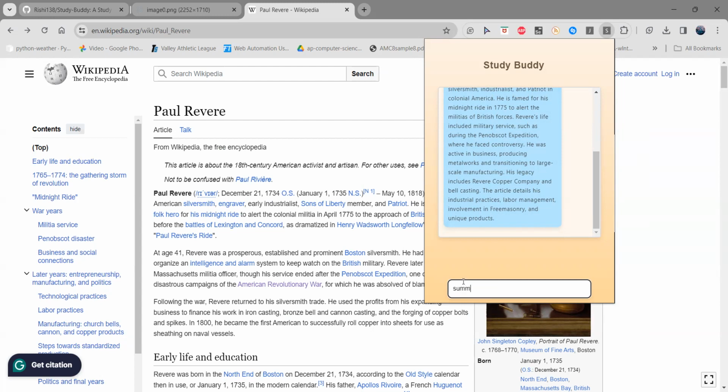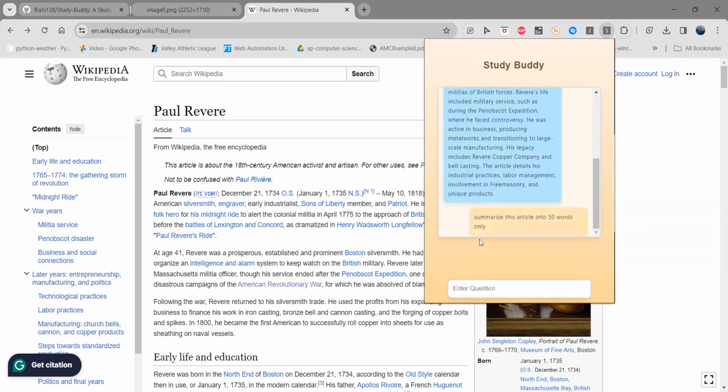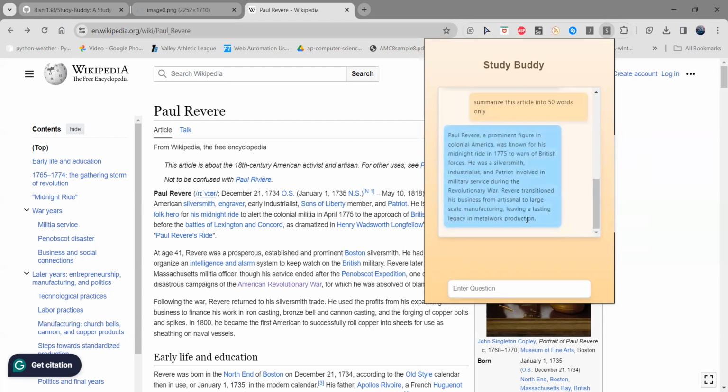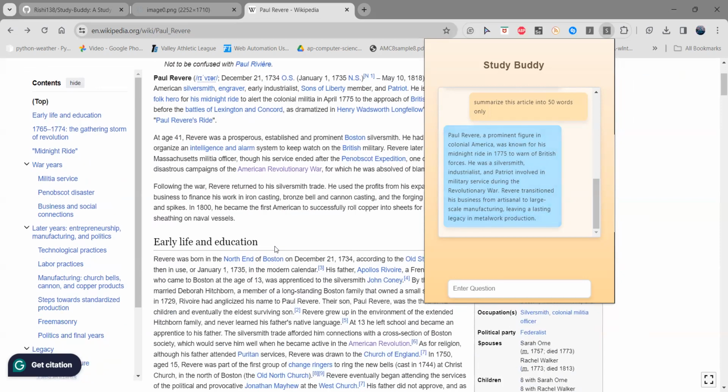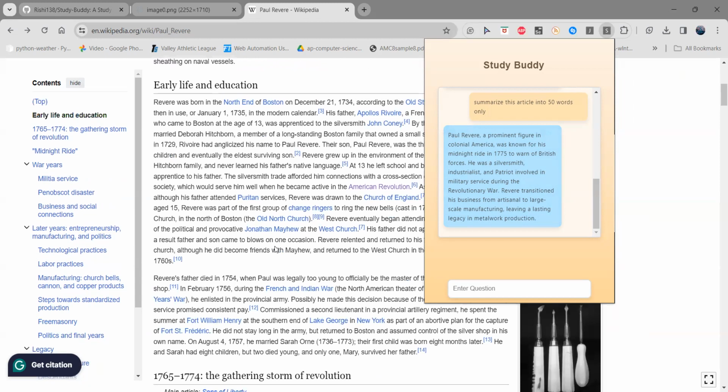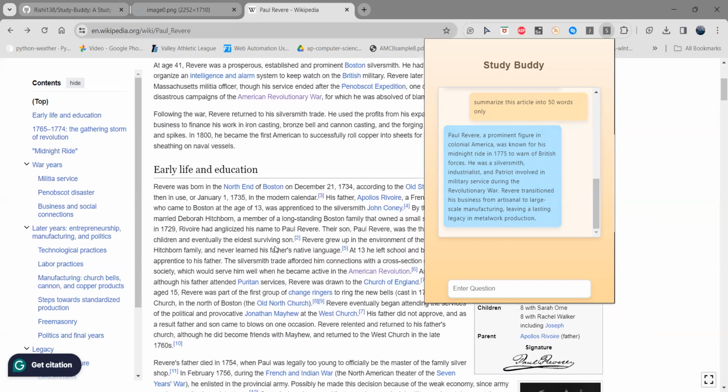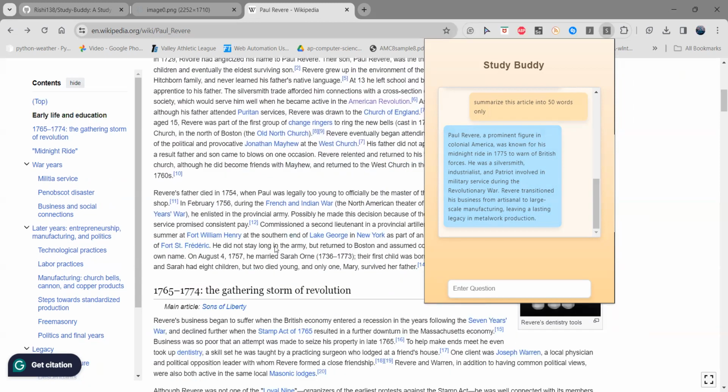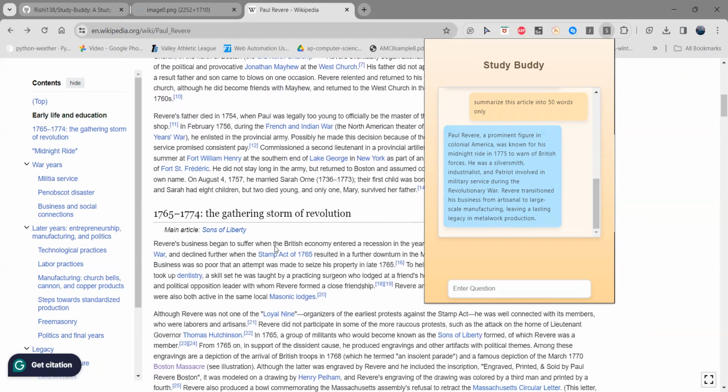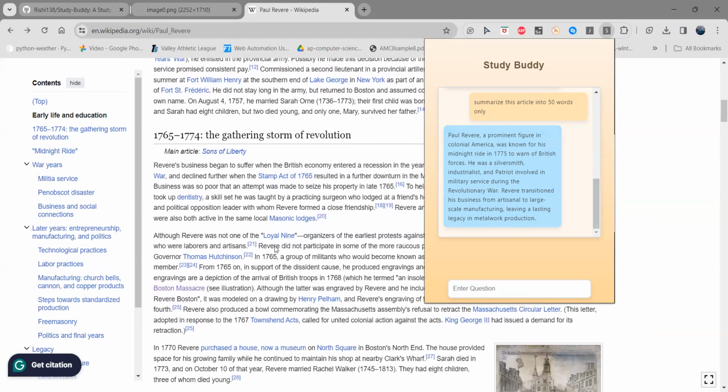So let's say we do something like, summarize this article into 50 words only. Now this is much shorter. It says: prominent figure, colonial America, known for his midnight ride, and all the key points. This is very useful for summarizing, and it's also very useful if you want to extract certain pieces of information. So let's try something like,